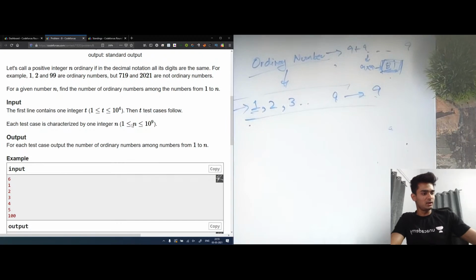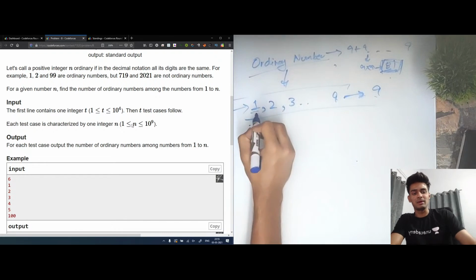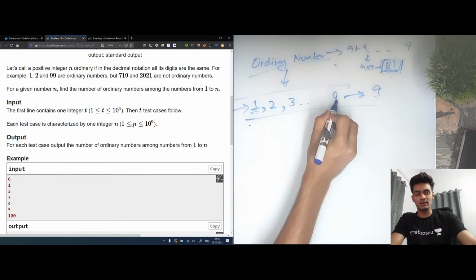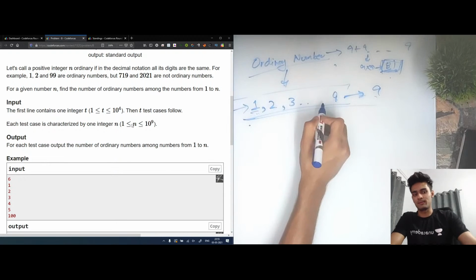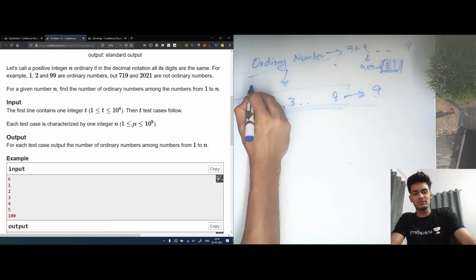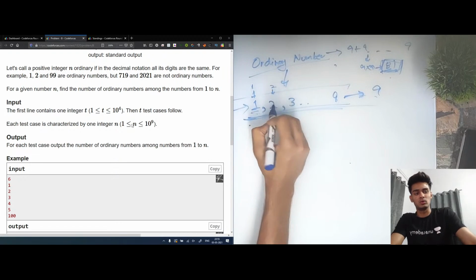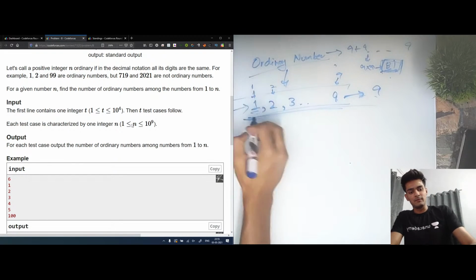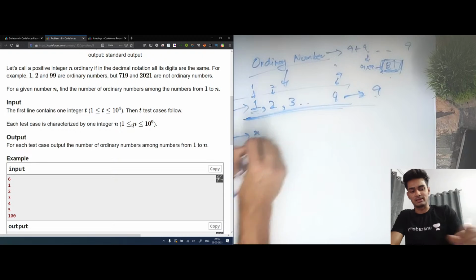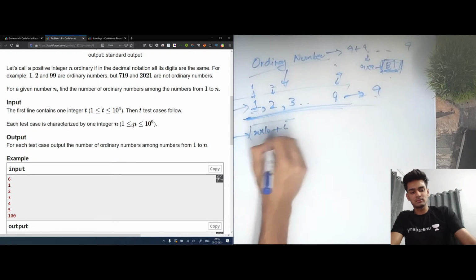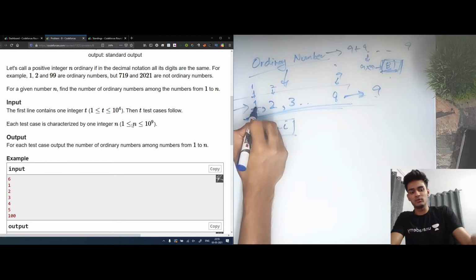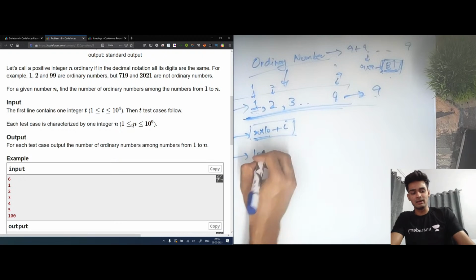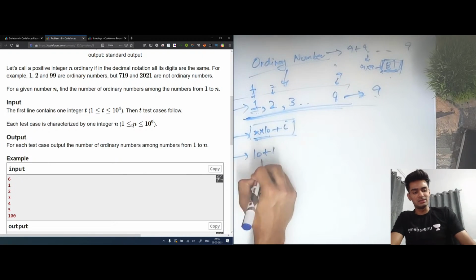So what we can do is generate the very first array, which is nothing but from i equals 1 till i less than or equal to 9, we can just have array[i] equals i. So the first index will point to 1, then the second index will point to 2, and similarly the ninth index will point to 9. Now first we'll check for these values, then we'll take the very first value. Let's say this was x. What we will do is multiply this by 10 and then add i to it. So let's see what the first value becomes. It was 1, so we first multiply it by 10, so this becomes 10, and then we add the index, which is 1, so this becomes 11.